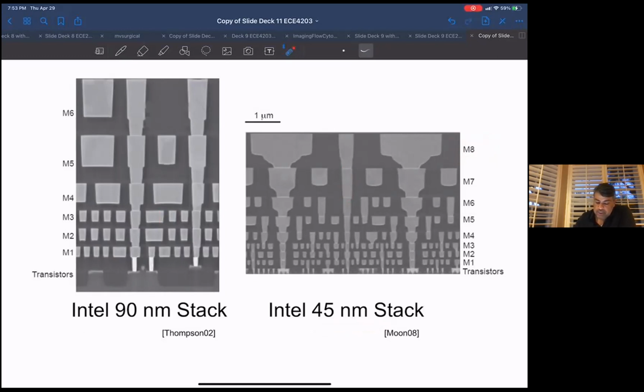The other thing you'll see is that the lower level metals are thinner and can be spaced closer to each other, and the higher layer metals tend to be thicker, so the design rules force them to be further away. So typically what happens is you use these lower metal layers for, let me write this down,